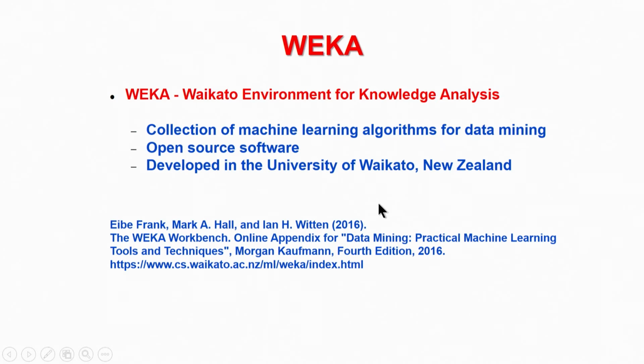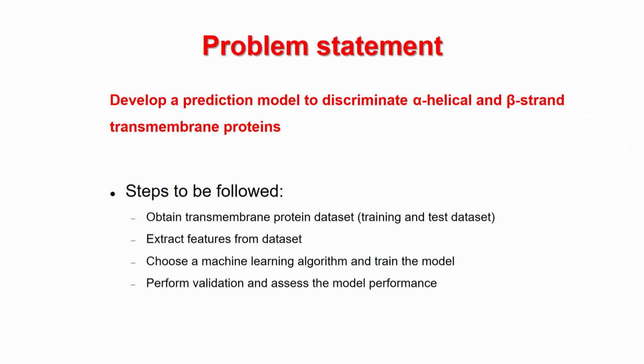In this demonstration we will explain how to develop a prediction model, for example, to discriminate two different sets of proteins, in this case alpha helical and beta strand transmembrane proteins. We have to follow different steps for the discrimination. First, we have to prepare the data set. In this case, we have to get the sequences for the transmembrane proteins, both alpha helical and beta strand proteins,